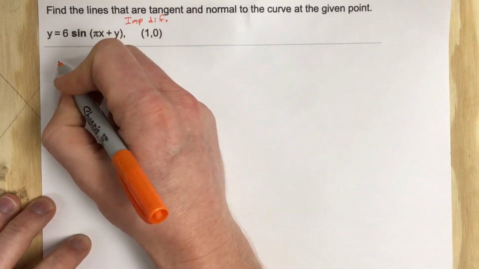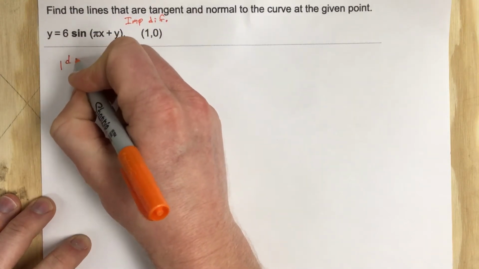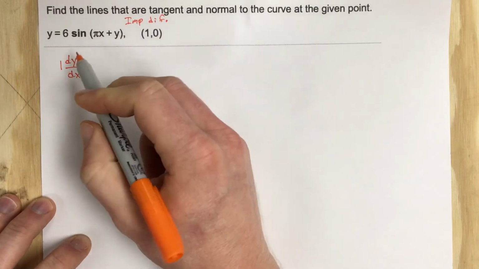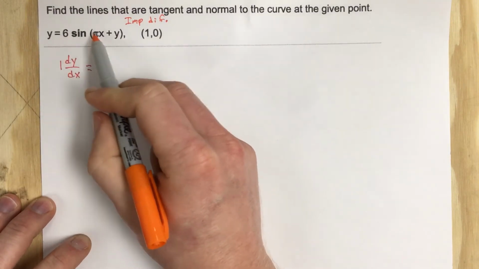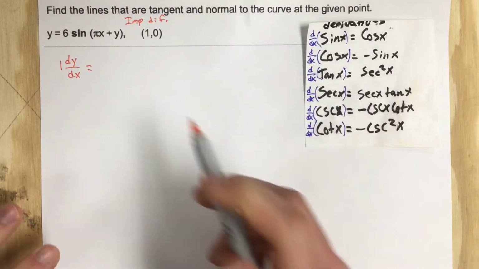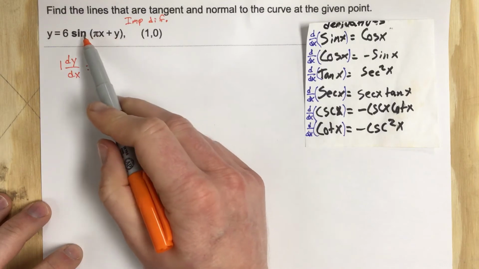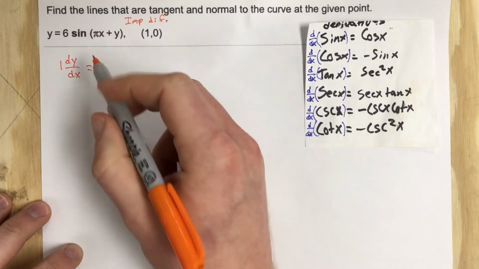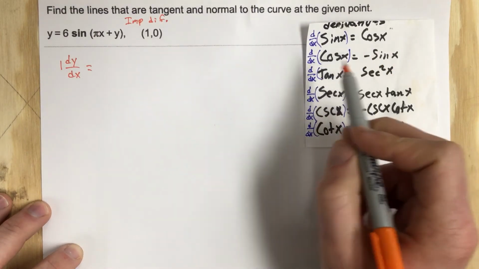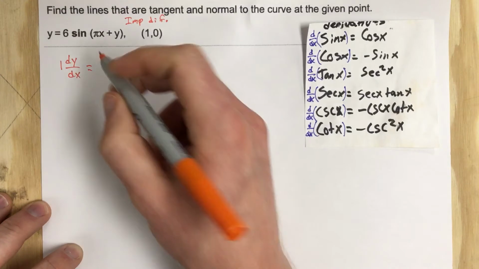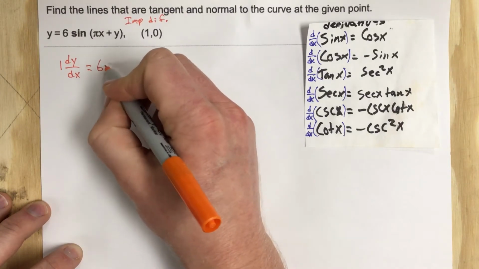Derivative of y is just 1 dy over dx equals, let's do the derivative of the outside. So we need to bring our trig functions out. So this is going to be chain rule. Remember, we have a function inside of a function. So we're going to do the derivative of sine, which is cosine. So this is 6 cosine